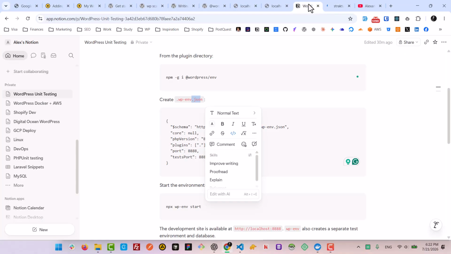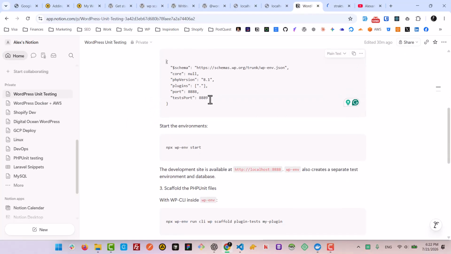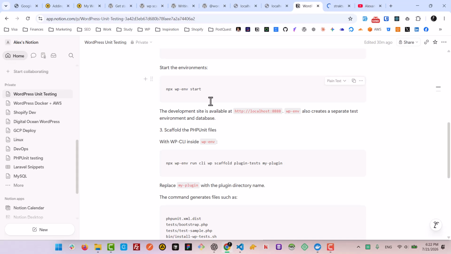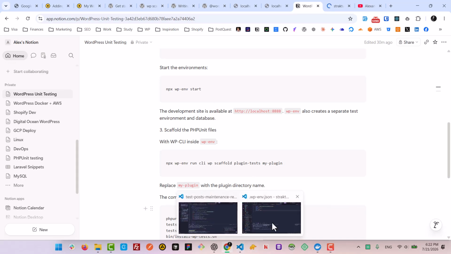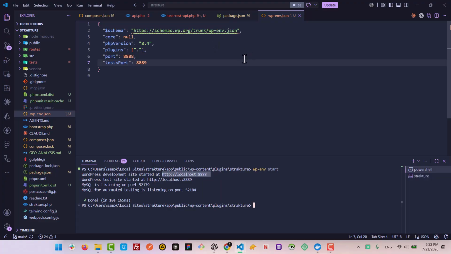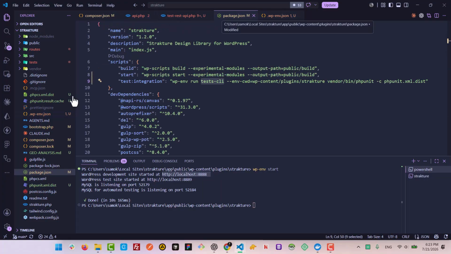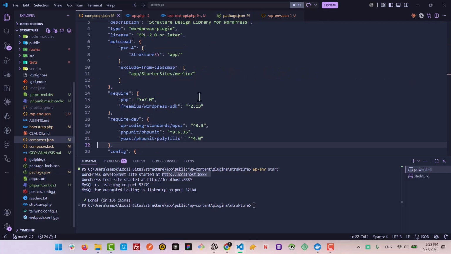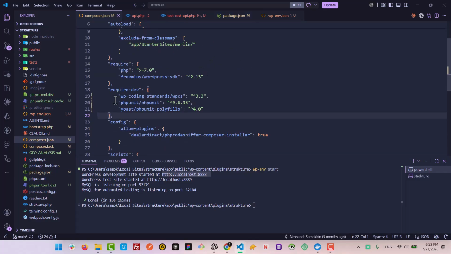So next, let's proceed with the next step, which is installing. We need to install the PHP Unit package, and then we need to install... let me check it right here, our package.json, okay, and our composer.json, okay. So what you need is these packages. To install them, basically it's composer require,